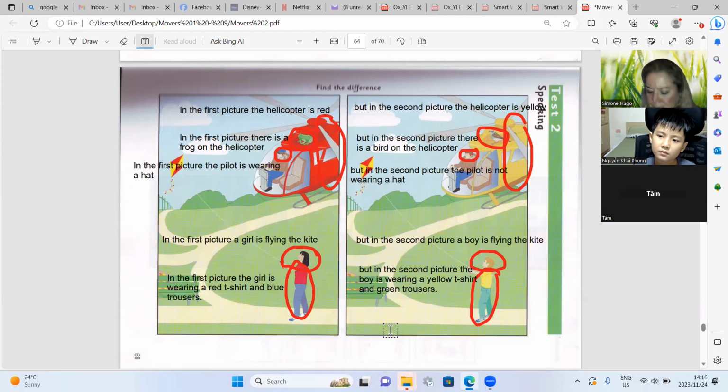From the top? Tom, can you read the differences from the top, please?